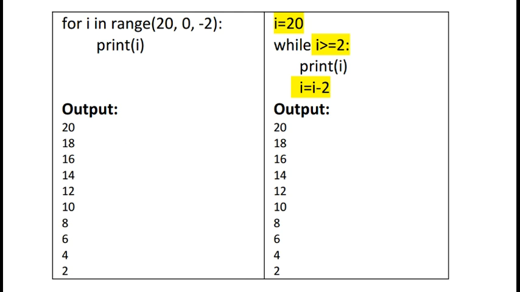And I want to convert this for loop into the equivalent while loop. So here I mention i = 20, while i >= 2, because 20 is greater than or equal to 2, then 20, 18, 16, 14, 12 and so on. When the last value 2 minus 2 is 0, in the while loop 0 >= 2 will be false. When the value reaches below 2, meaning 0, at that time the while loop becomes false and will not work, after it has displayed the last value 2.